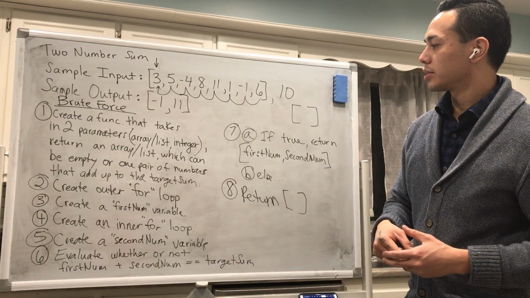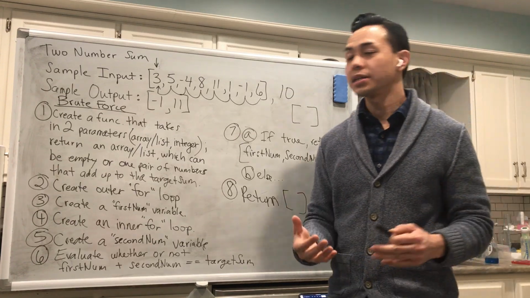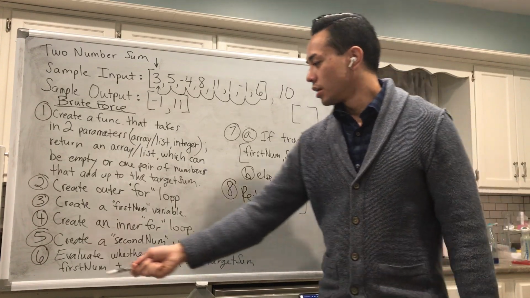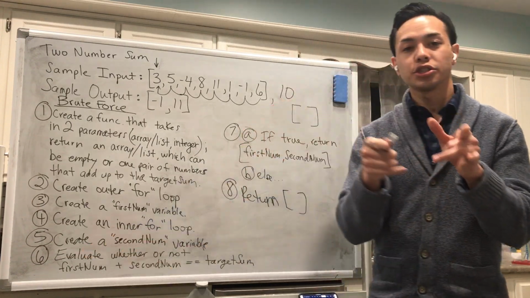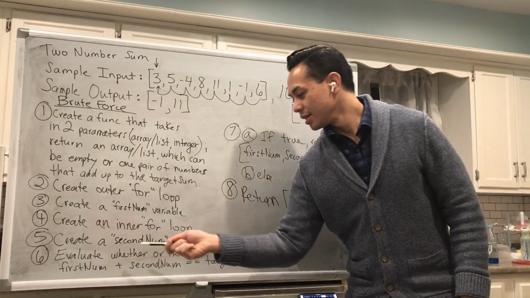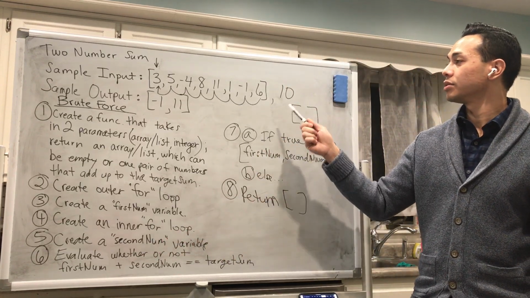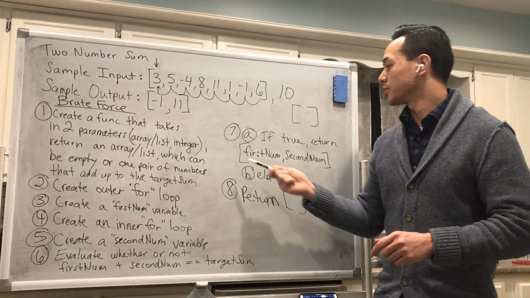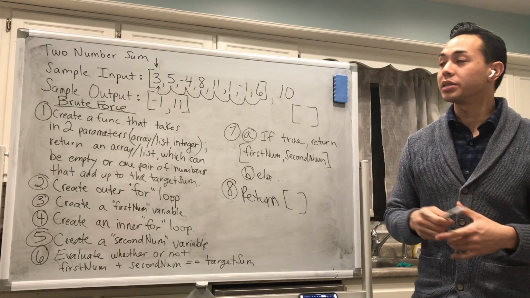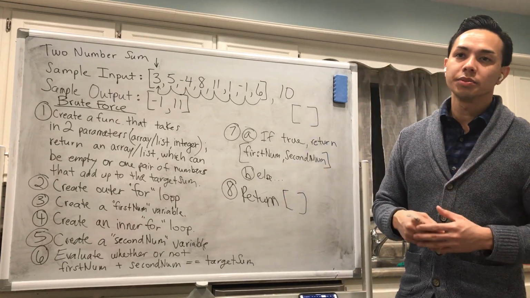That's what's going to allow us to pass through that twice, and be able to have access to the same numbers multiple times. And then lastly, not lastly, I was just joking, step 6, we're going to evaluate whether or not first num and second num, when summed up together, equal the target sum. Because if they do, we solve the problem, return that in an array/list, no particular order because they don't mention that, but I would clarify that with my interviewer and say,